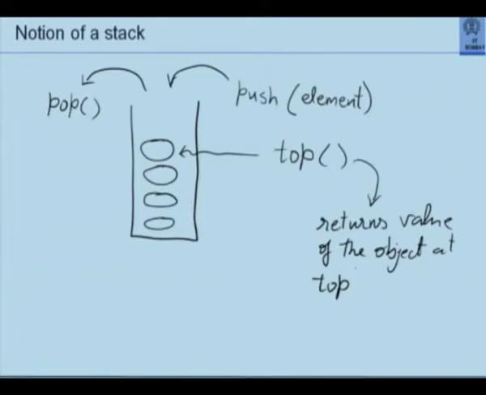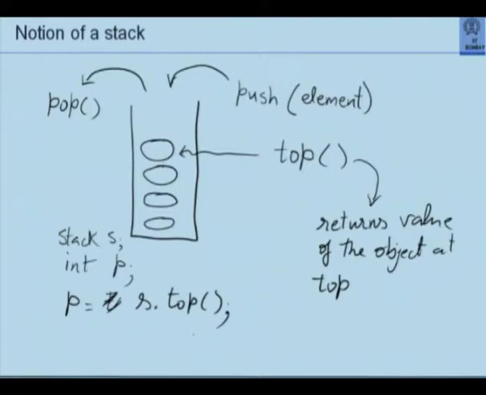Right. So suppose the elements were integer elements, you will say int p, then you will say p is equal to, let's say I also must have stack s, and then I will say s dot top.